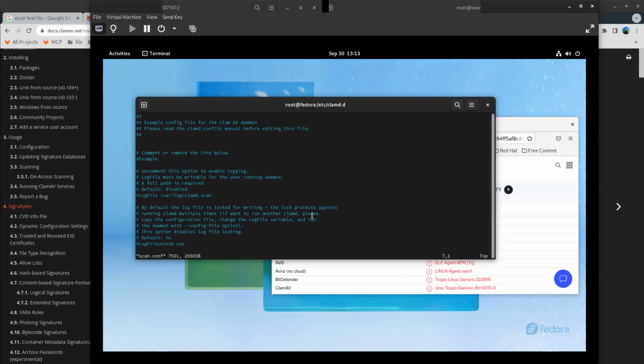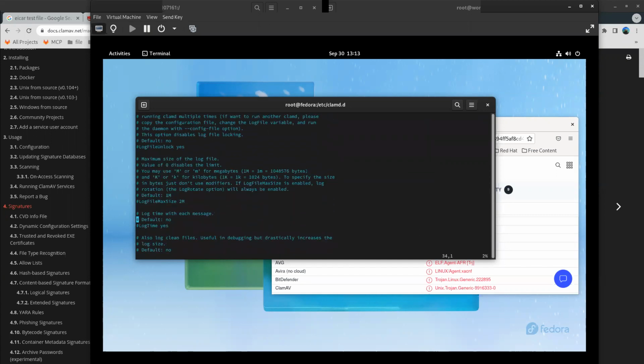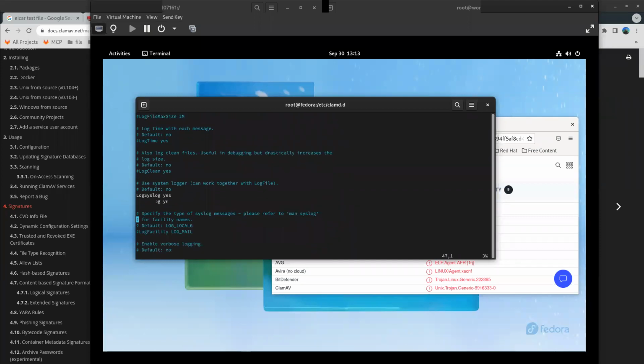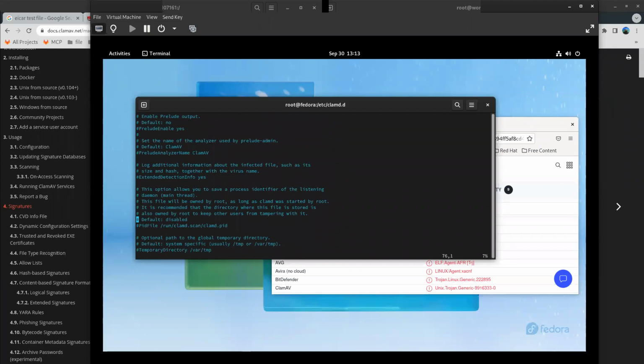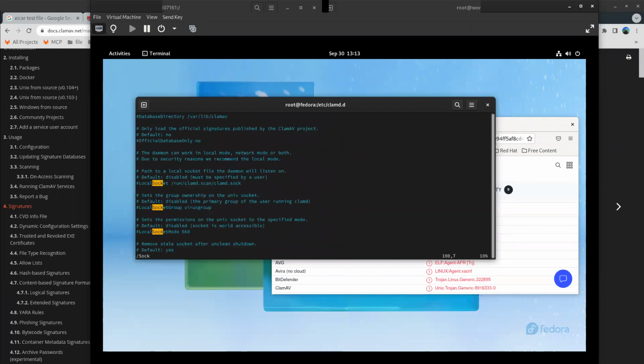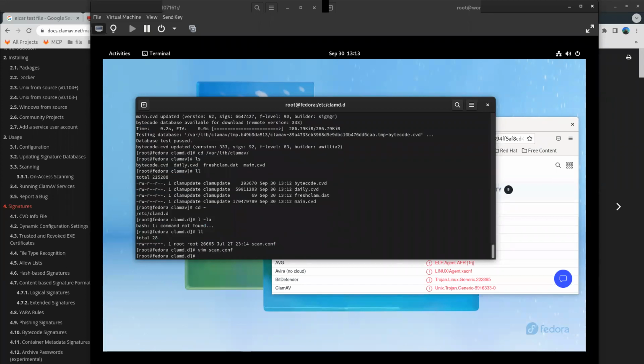Number one, and this used to be the default, was this line right here. If this is uncommented, it won't start at all. But the only one I know for a fact I need to play around with on here is to set the socket. It's just hiding down here. Here we go, TCP socket. We'll get into why we're doing this later on. We just want to get straight into what we're editing here to start it.